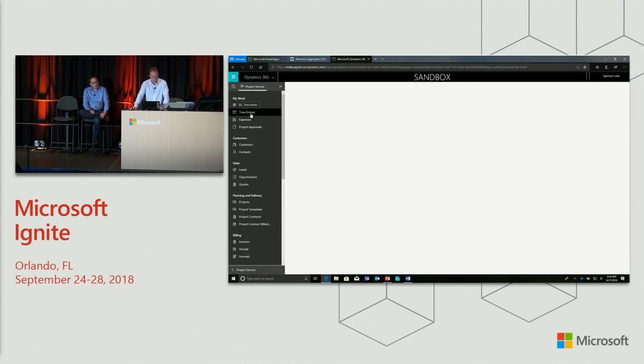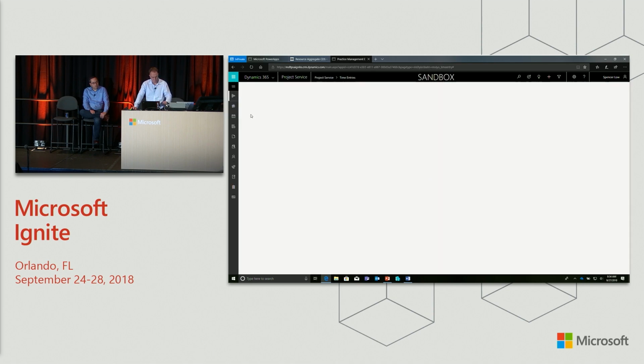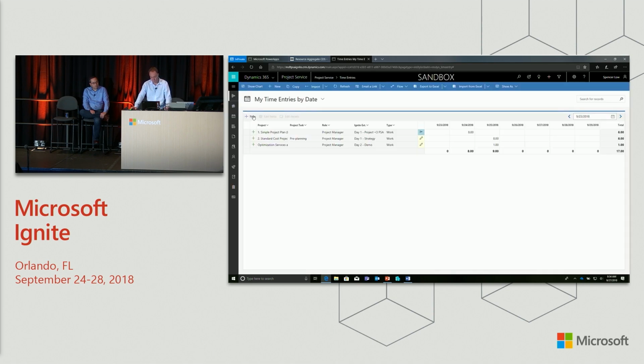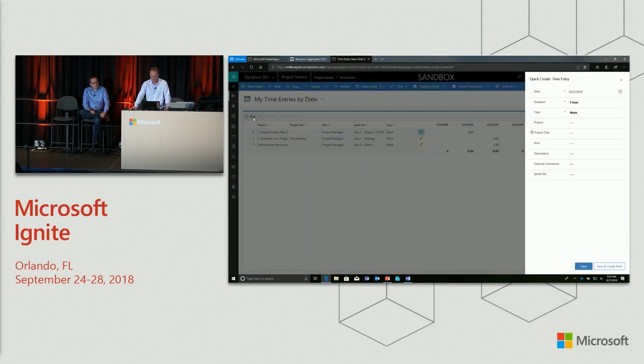So I've just logged into a dev instance of our application. I'm just going to go into time entries, and I'll talk through what you're seeing here. So we've gone back to having a decent time entry view that gives you a per day view per project. And I'll go and add a time entry to show you. Our time entry is now utilizing Quick Create on the right-hand side. And you'll see down the bottom here,